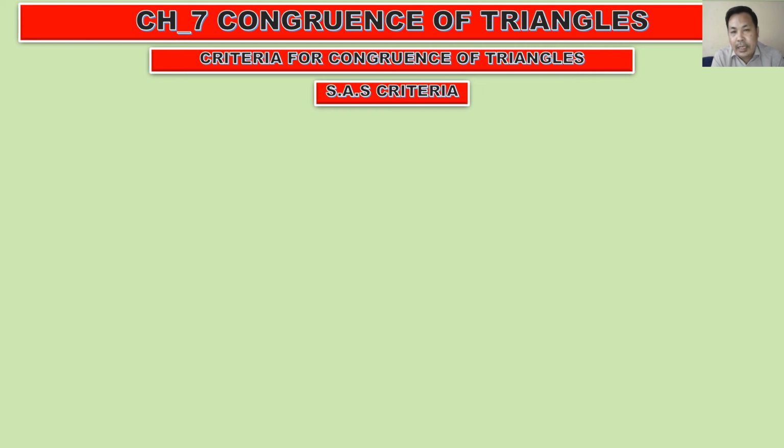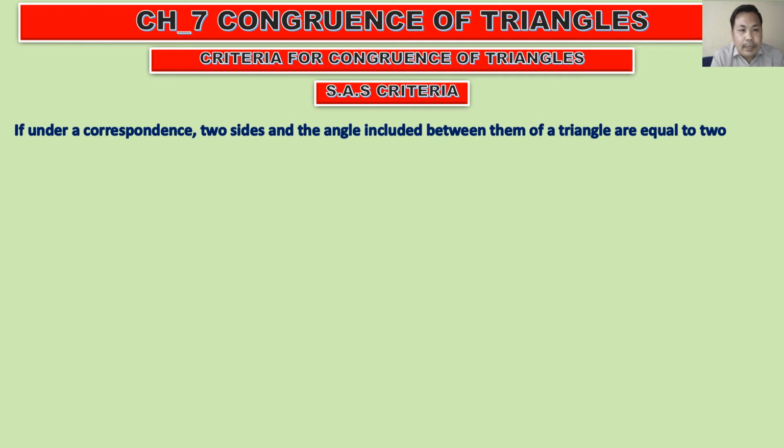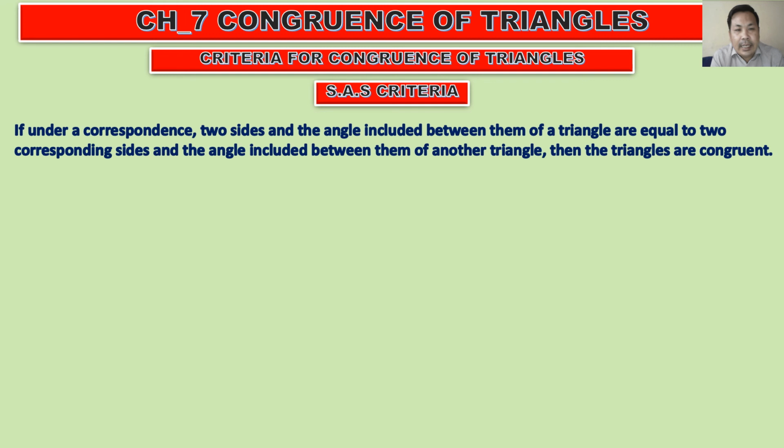Okay, three angles are there in the triangle, not any, but one angle must be there, that is the included angle. So let us see what an included angle is, with some example. If under a correspondence two sides and the angle included between them of a triangle are equal to corresponding sides and the angle included between them